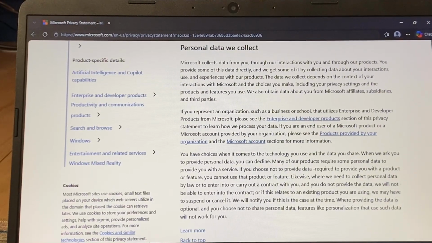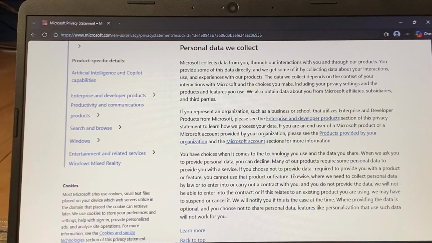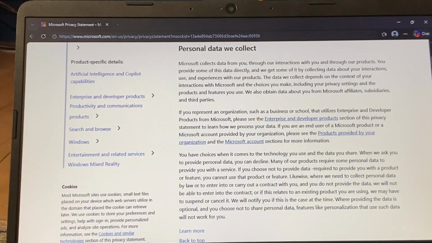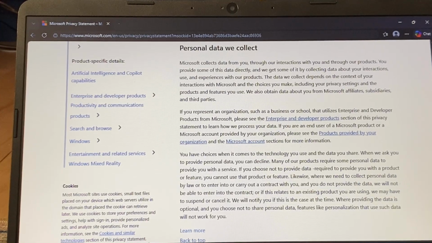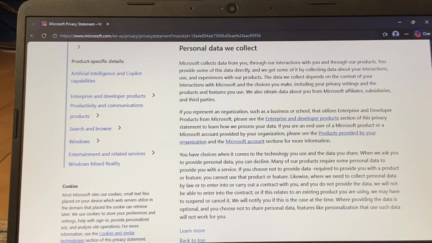Personal data we collect. Microsoft collects data from you through our interactions with you and through our products. You provide some of this data directly, and we get some of it by collecting data about your interactions, use, and experiences with our products. The data we collect depends on the context of your interactions with Microsoft and the choices you make, including your privacy settings and the products and features you use. We also obtain data about you from Microsoft affiliates,